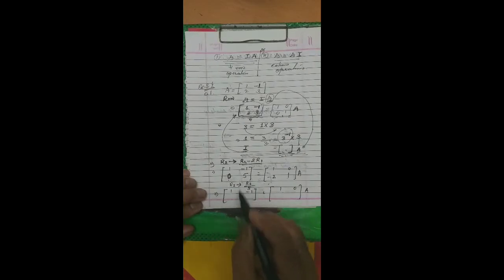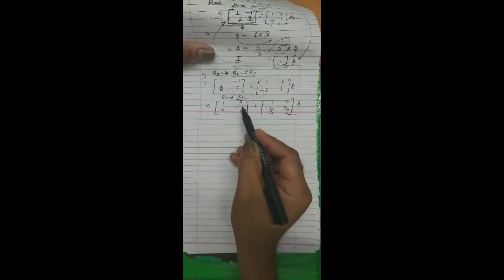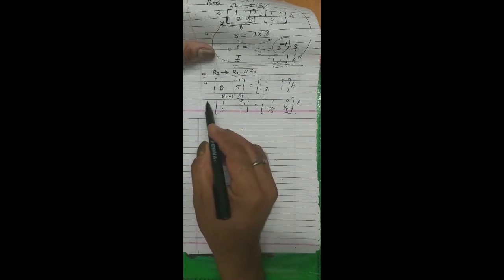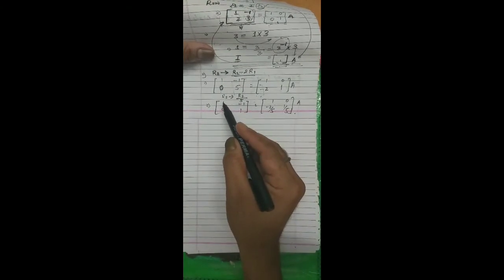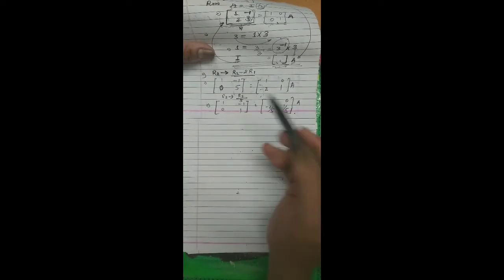So after division, that we are going to write here. 0 upon 5, 0. 5 upon 5, 1. Minus 2 upon 5 and 1 upon 5. Look at here. Our next step is to bring 0 over here. So what we are going to do, now we are going to give operation R1 will change with the help of R1 plus R2. What will happen? 1 plus 0 doesn't change, 1 only, and minus 1 1 0. That will be the end of the question.